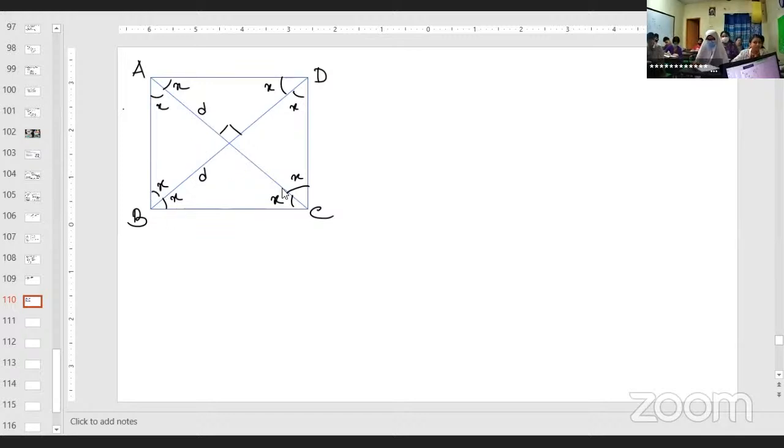All these 4 angles at the vertices will be bisected. So all are equal, 90, 90, 90, 90. So X means 45, 45, 45, 45, right? And this is 90 degree. So this one, this one, this one, all these sides are